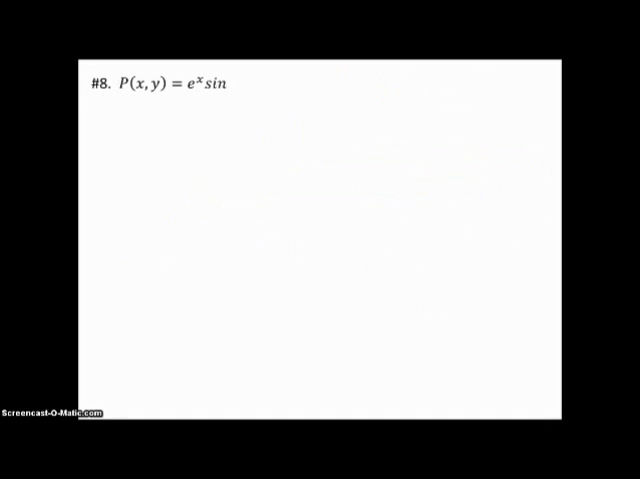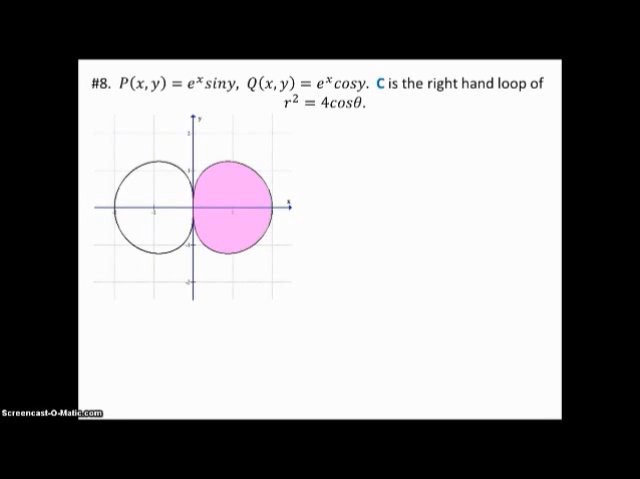Number 8. P is e to the x sine y, and q is e to the x cosine y, and C is the right-hand loop of r squared equals 4 cosine theta. So here's a picture of r squared equals 4 cosine theta, and the right-hand loop is shaded in purple. Again, here's Green's theorem,